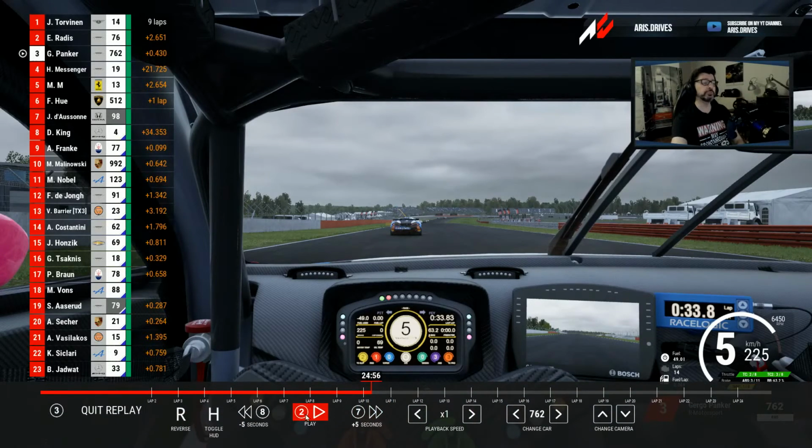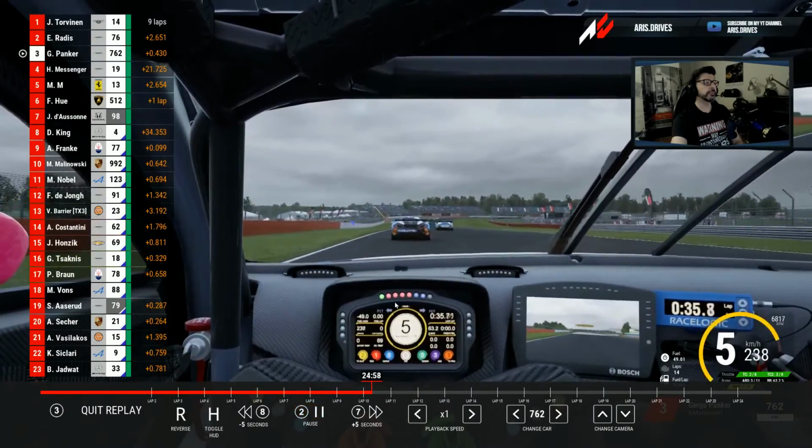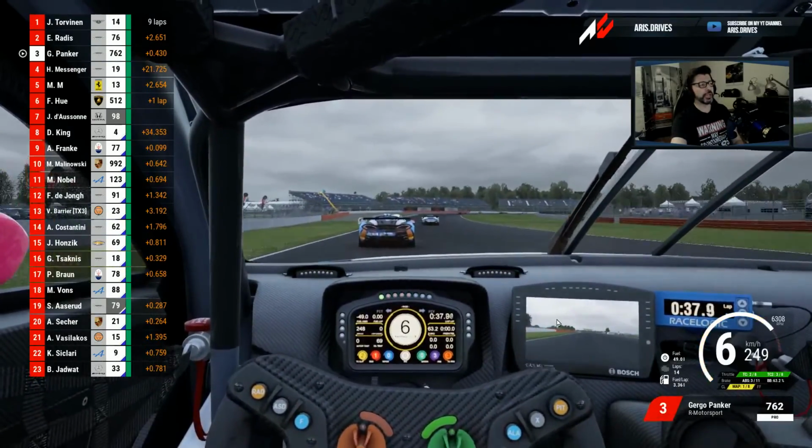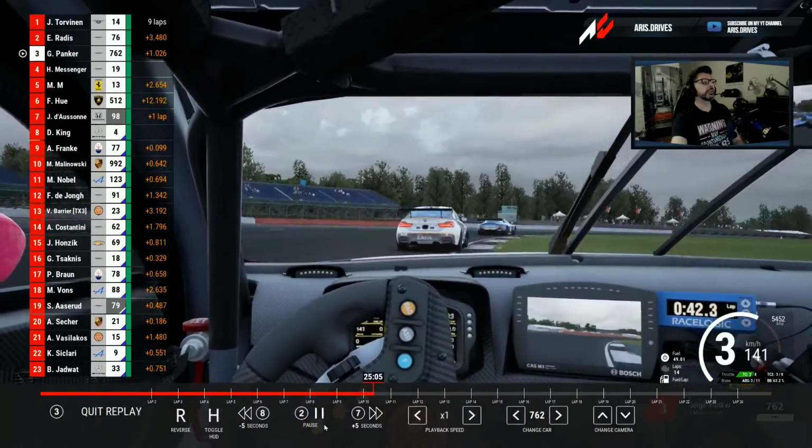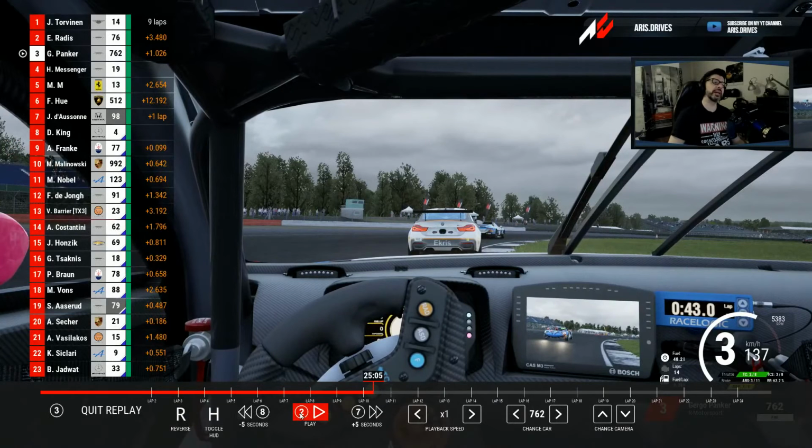So look again at his move. Following, moving outside, clear, you see, and goes in. Now, some of you might say, oh, but that's a dive bomb. Well, yes, it is, because with a GT3 car, you can dive bomb. If you make yourself clear to the guy in front of you, you can dive bomb him